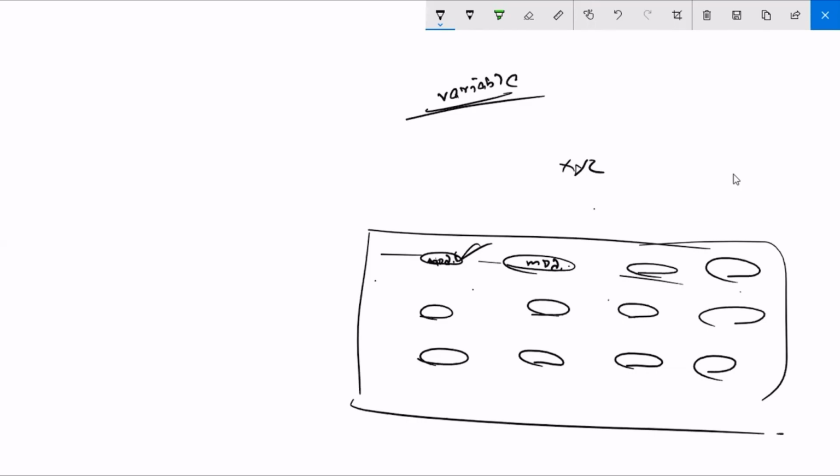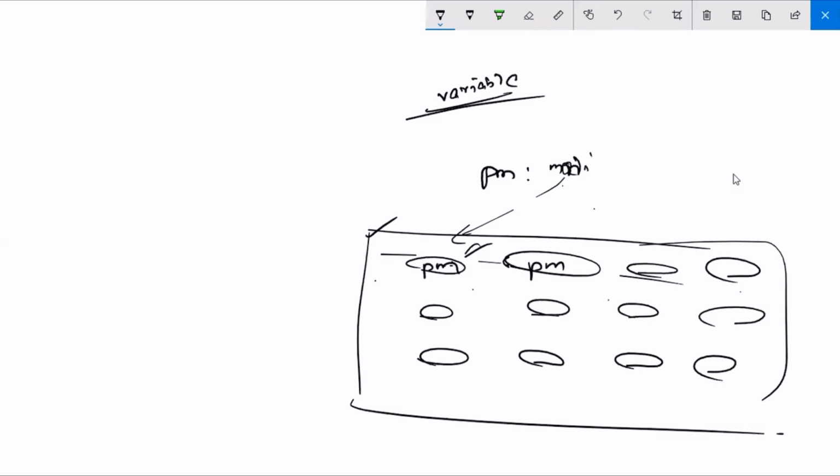For example, here I'll give PM is Modi. Now in those places, instead of giving the name Modi, I'll give PM. I'm giving a key. If you execute this, that key will pull that value, so the PM will be replaced with Modi.